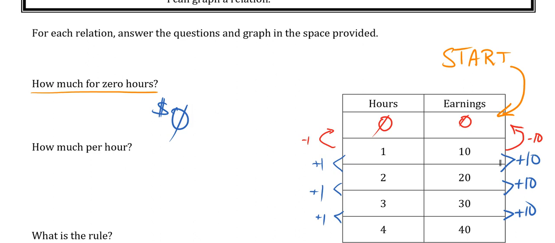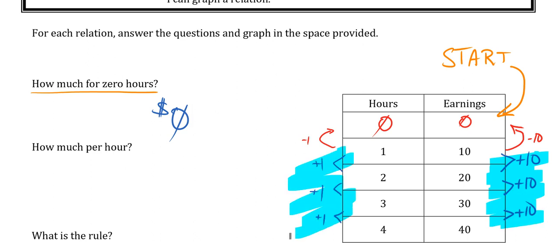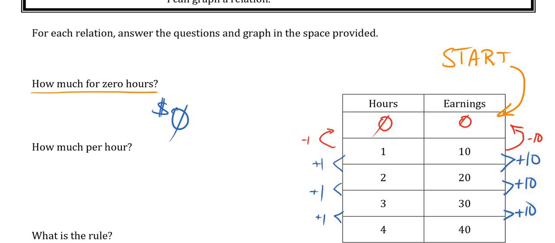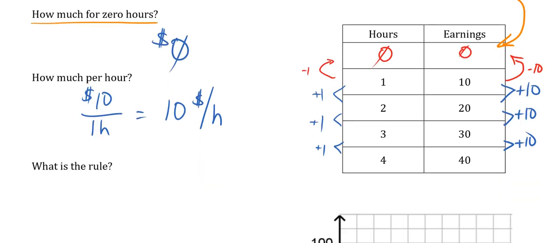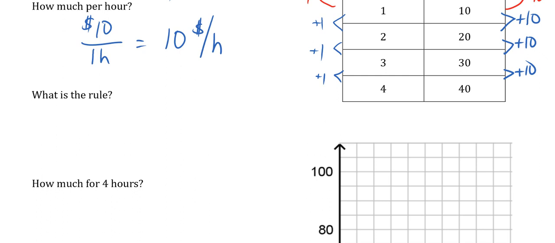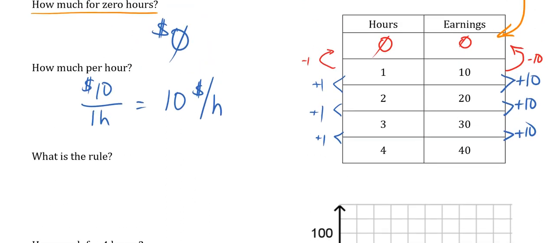But once I've done this, I can look at this number, and I can look at this number, and that'll always give me the answer, $10 in 1 hour, and I'm going to write it down that way. I'm going to say $10 in 1 hour is $10 per hour. So what's the rule? Yep. So I can write it down in words. 10 times the number